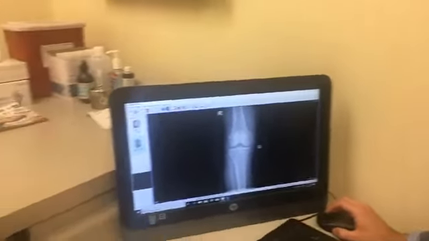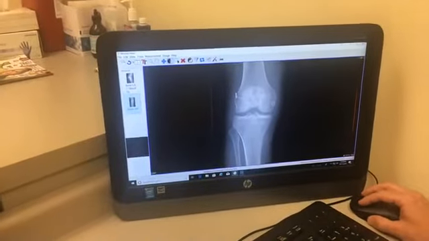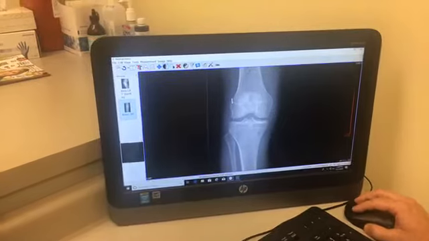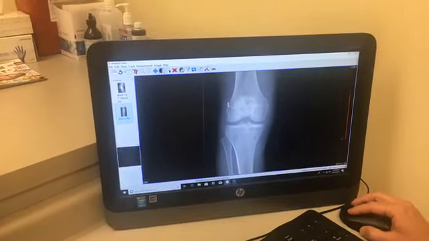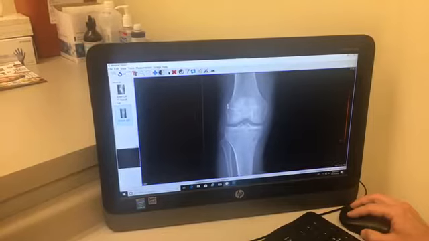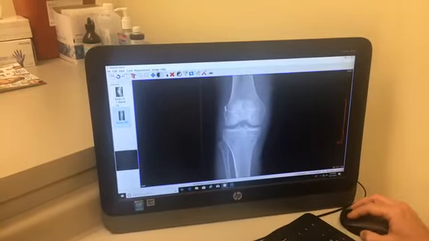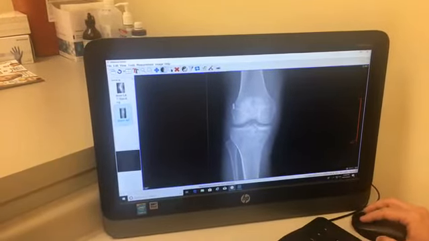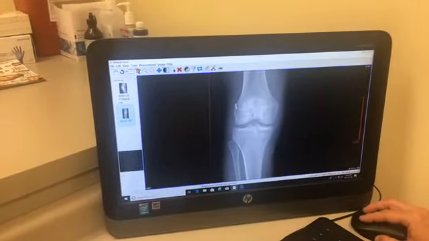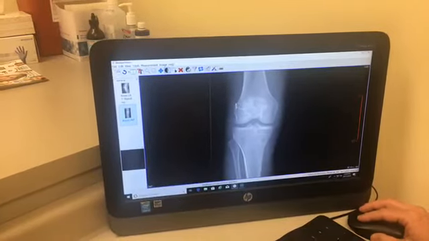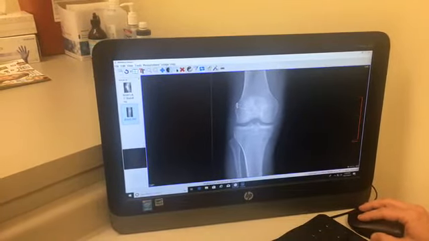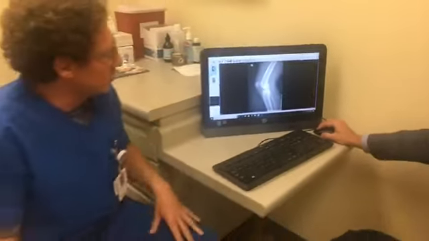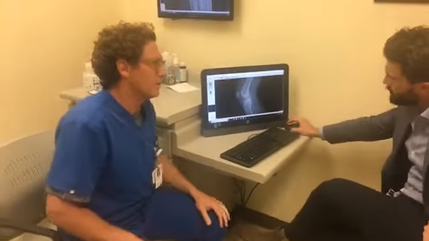So for this gentleman, we did a quadriceps tendon autograft, meaning that we harvest the central slip of the quadriceps, take a bone plug out of the patella and then a slip of the tendon there, and then we use that to rebuild the ACL. You can see we fixate it here on the tibia. There's a little bone plug there. We'll put a screw there, and then the soft tissue graft goes up and traverses the knee here, and then that's fixed by a cortical button on the outside of the femur, and that's how we do the quadriceps tendon ACL reconstruction.